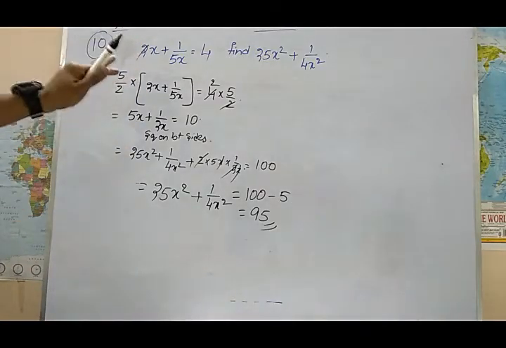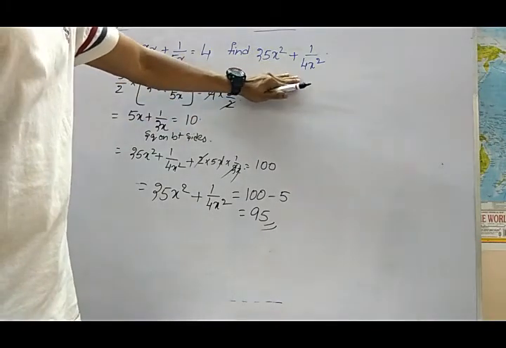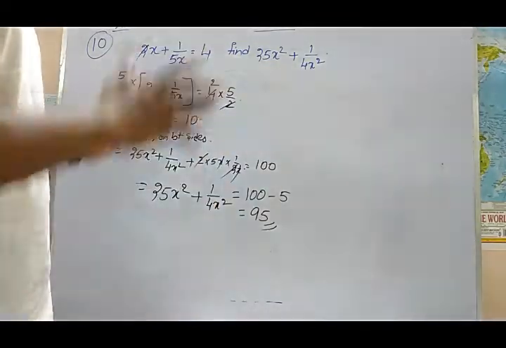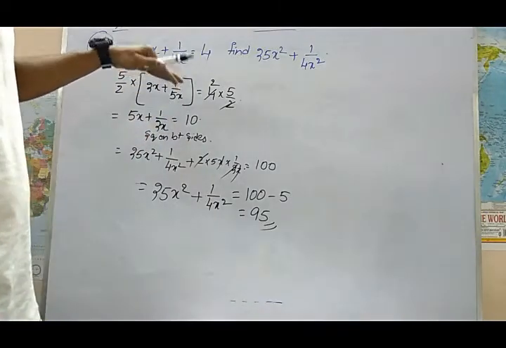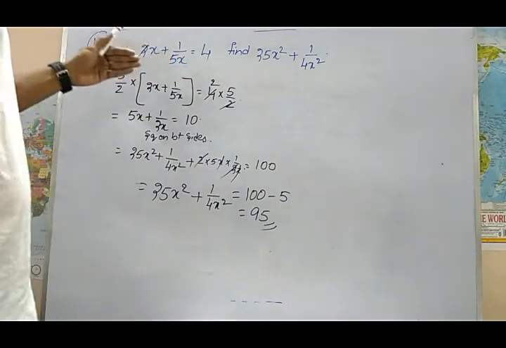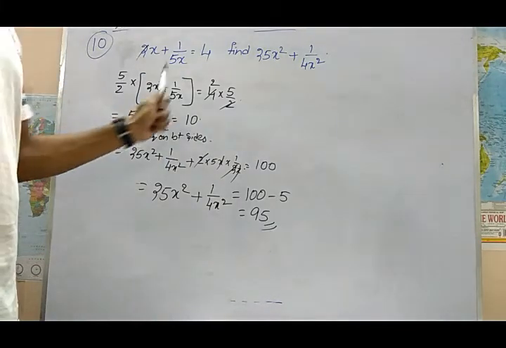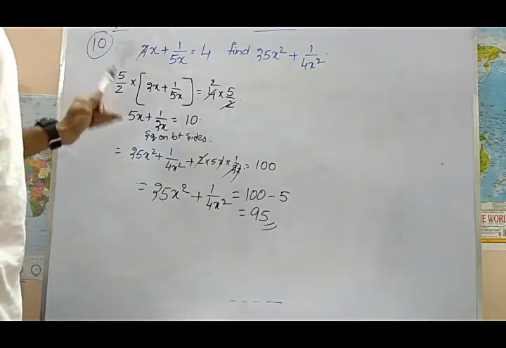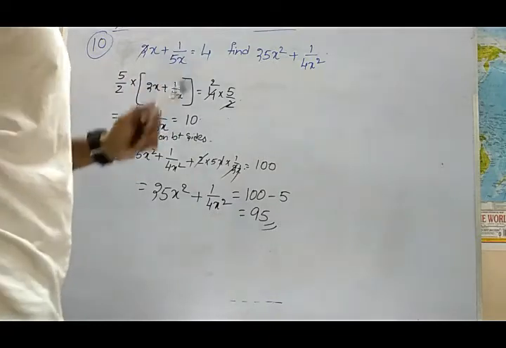The thing we need to observe here is we need to bring it in the form of the question which is asked here. For that we can do anything in algebra. We can multiply, we can divide, we can subtract, we can add. But we should not change the form of the question. See here, if you multiply 5 by 2 on the left hand side and forget to multiply it on the right hand side, the question completely changes. So we need to balance the equation and bring the form we require.